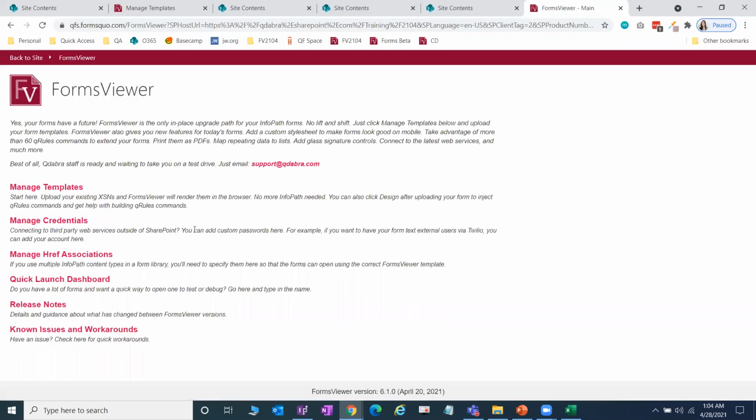When you click on that, it's going to take you to the Forms Viewer landing page, and you're going to see all of these links, the Manage Templates links. This is the most important one because this is how we access all the templates that we upload. If you're not seeing these links, maybe you're not a site collection admin in the site where you installed Forms Viewer. So make sure that you are a site collection admin because that's one of the requirements